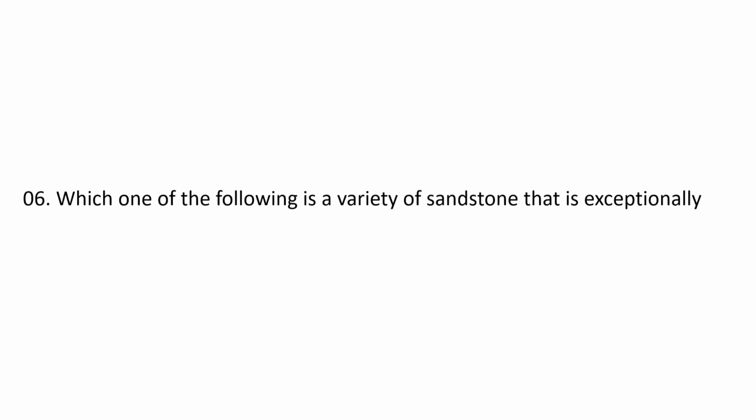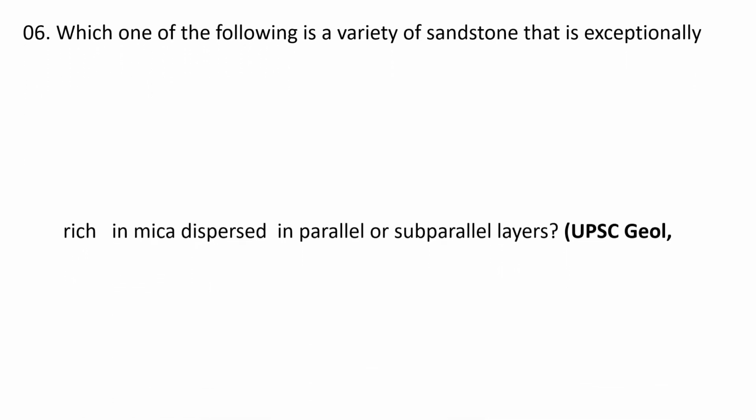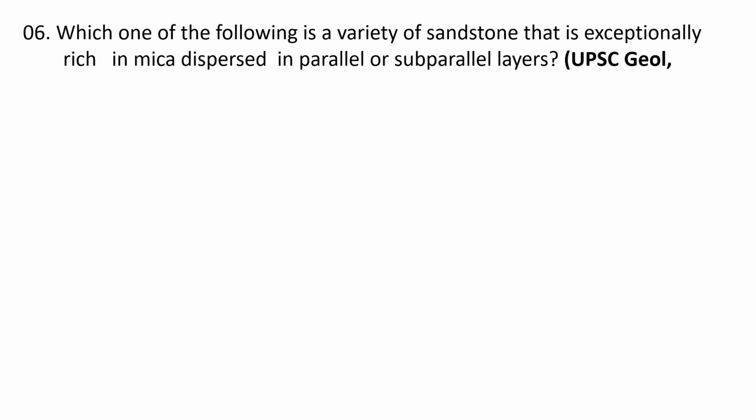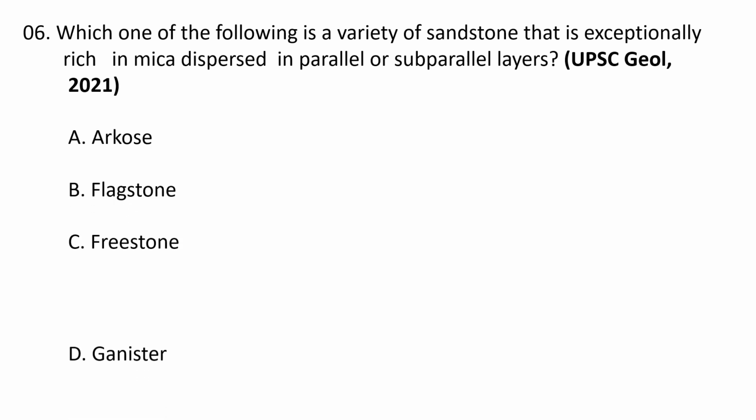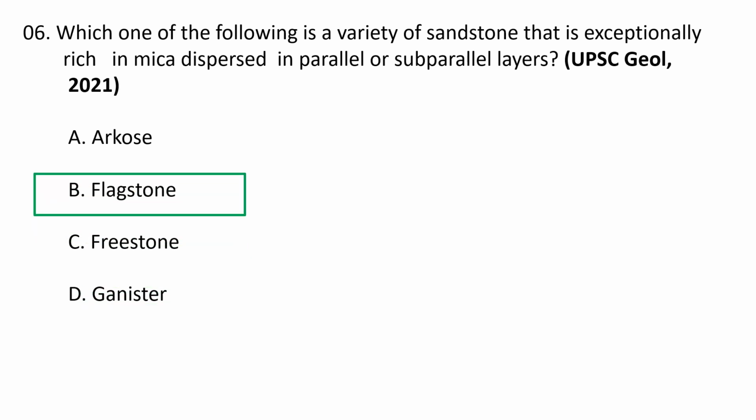Coming to the sixth question, which one of the following is a variety of sandstone that is exceptionally rich in mica dispersed in parallel or subparallel layers? Choices are A, arkose; B, flagstone; C, freestone; D, greywacke. So the correct answer is B, flagstone. This is a variety of sandstone and it is exceptionally rich in mica which is dispersed in parallel or